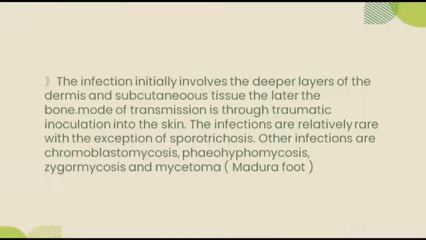Subcutaneous mycosis. The infection initially involves the deeper layers of the dermis and subcutaneous tissue, and later the bone. The mode of transmission is through traumatic inoculation into the skin. There are 4 types of subcutaneous mycosis, which are sporotrichosis, mycetoma,